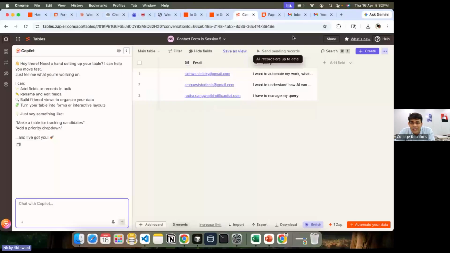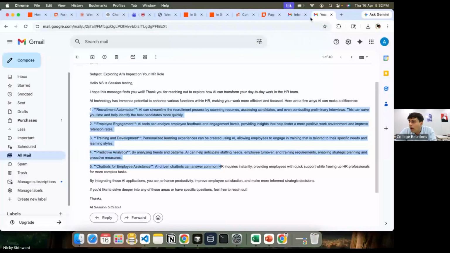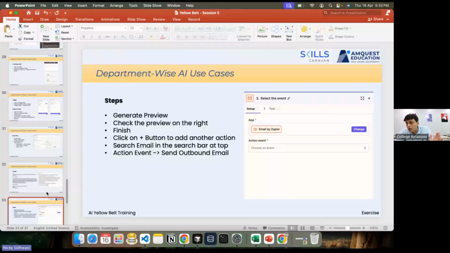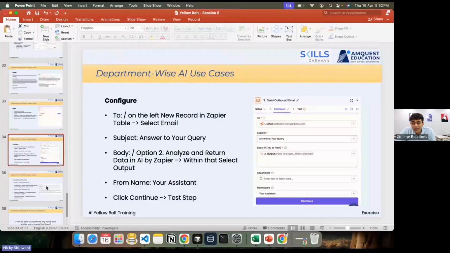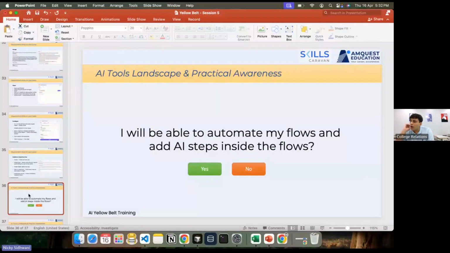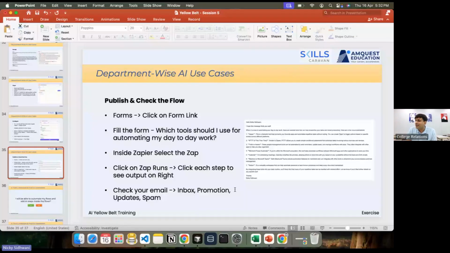All right. I see Radha has tried it. Okay. How many of you were able to get this output? How many of you were able to work along with me? All the steps have been mentioned here. How many of you were able to get this email on your system from your Zapier? I see a thumbs up. Can you give me yes if you were able to do this along with the flow? We were able. If you want, I can redo this entire thing again in the next session,